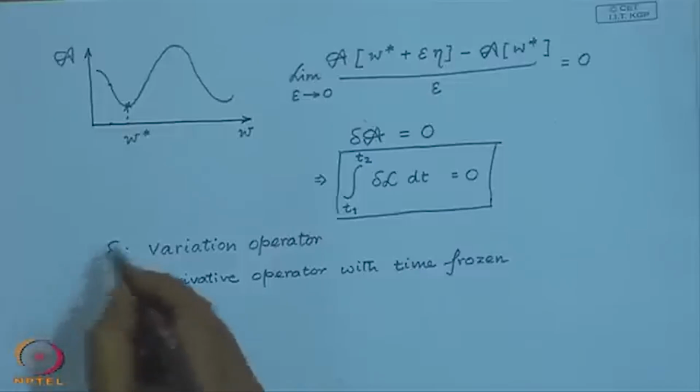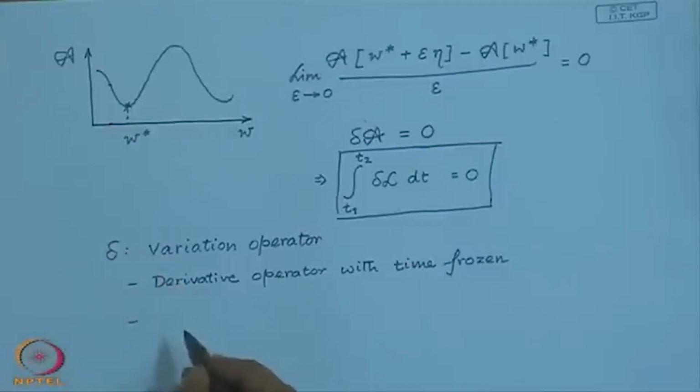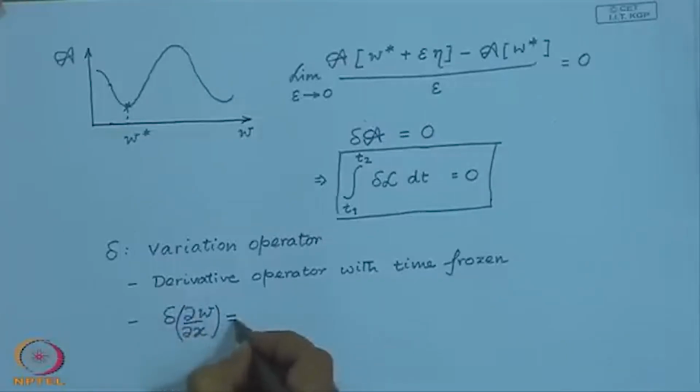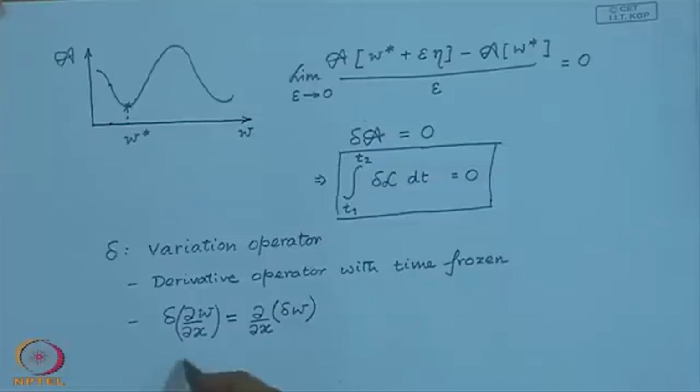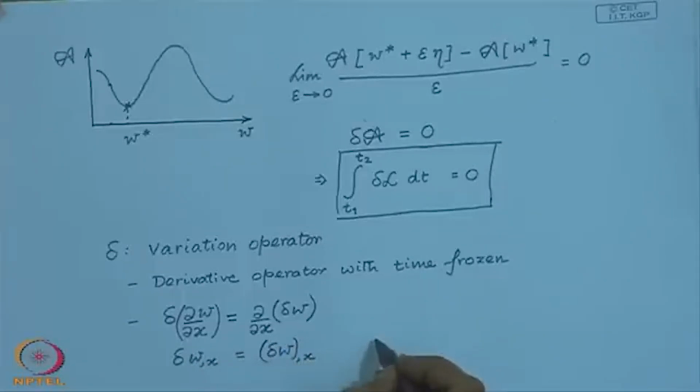The second property of this operator that we will assume is that this operator commutes with partial derivatives, which is to say, suppose you have partial derivative of w with respect to x and you operate delta over this, and this can be written as, so in our notation we will be writing, and similarly